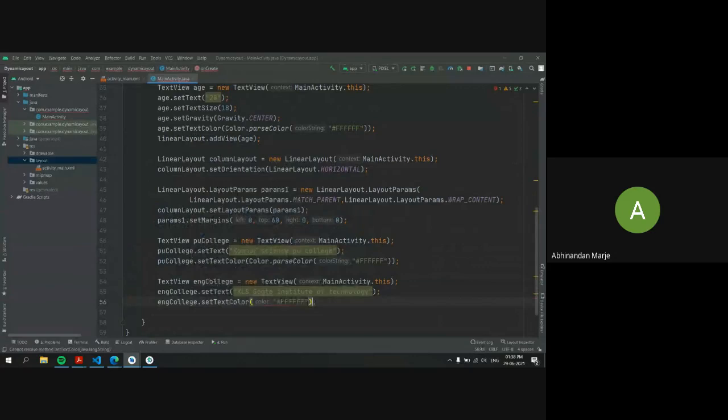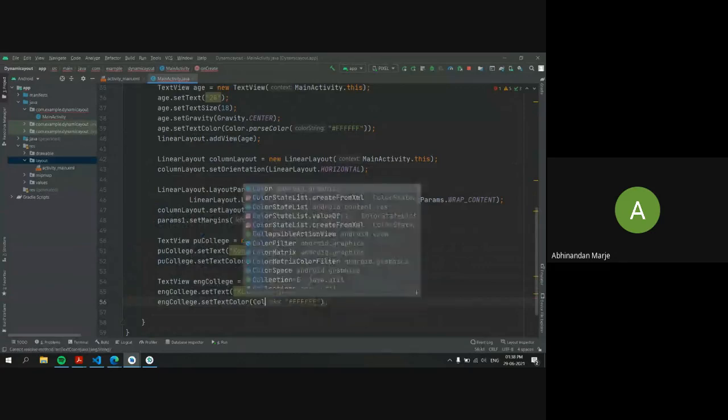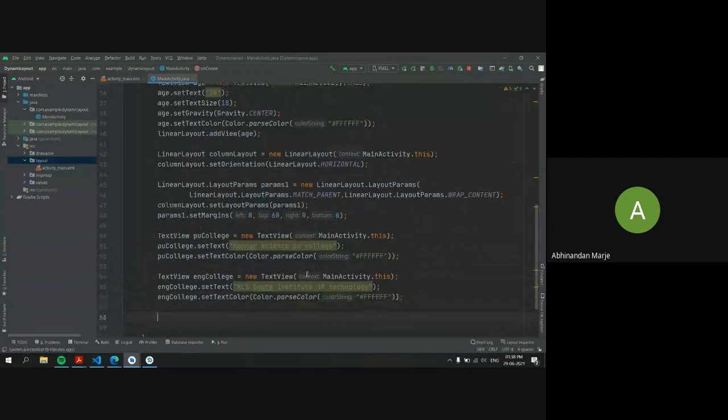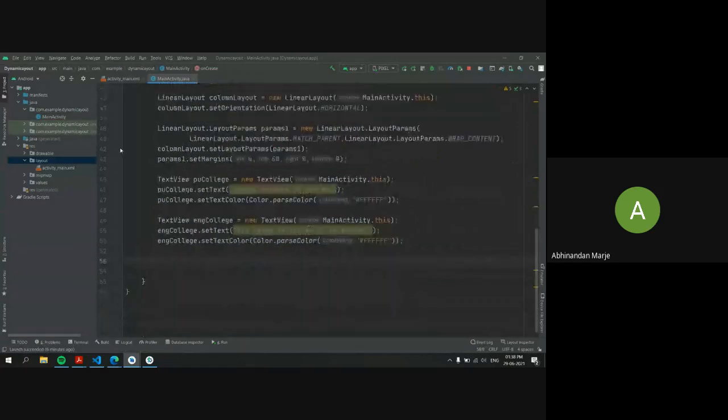How to pass that color? Color dot pass color, and inside here you have to pass. Yes. Now you can see that our main linear layout, which we want for the match parent, is created here